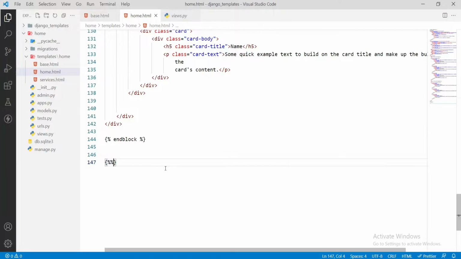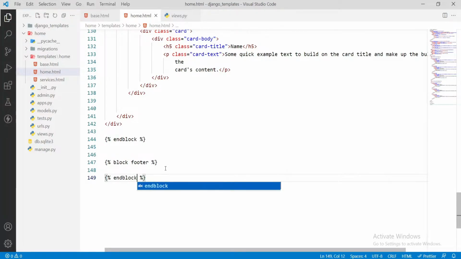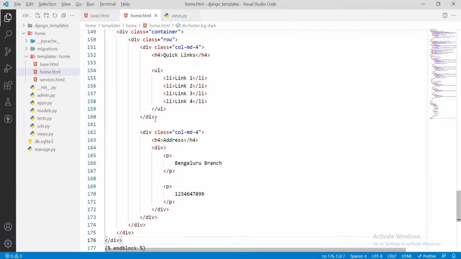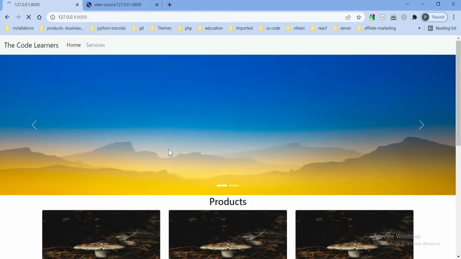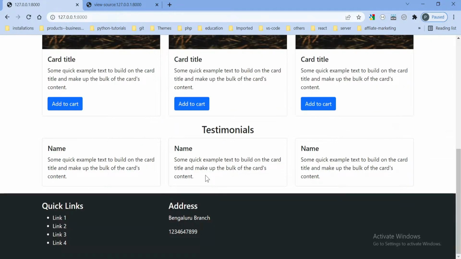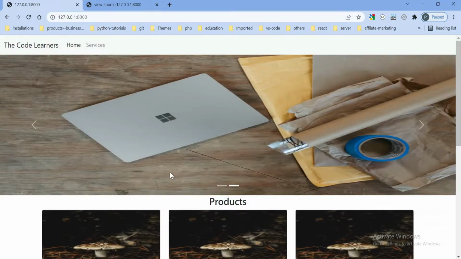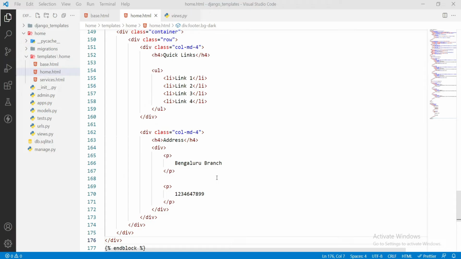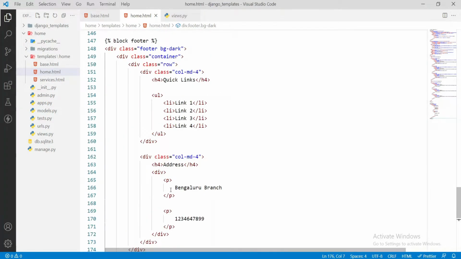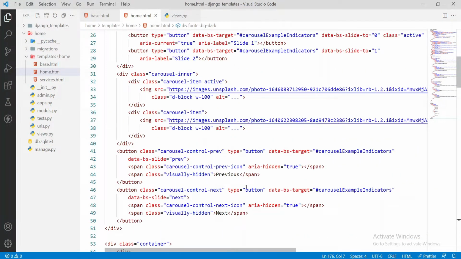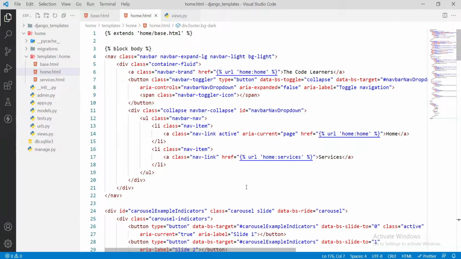For that I need to go for block footer, then I need to do end block. The effect from the front end won't be noticeable, but from the point of view of code and managing the template, it is better to do that. We can do the same thing for the services file also, so we can reduce the number of HTML tags in our template, and make things more dynamic